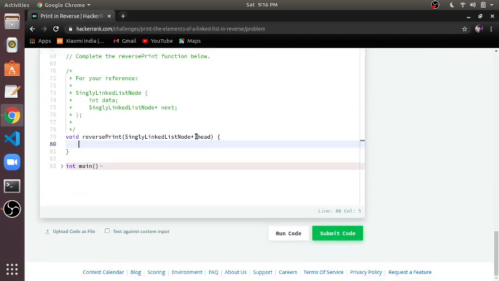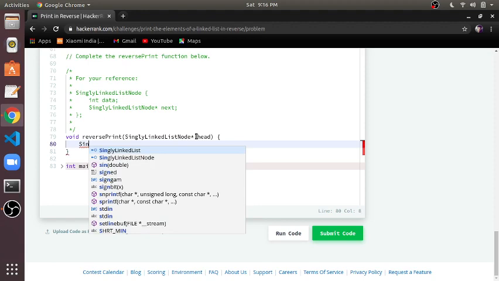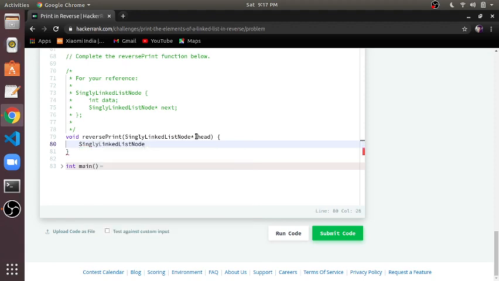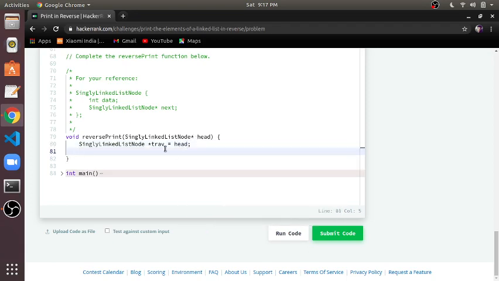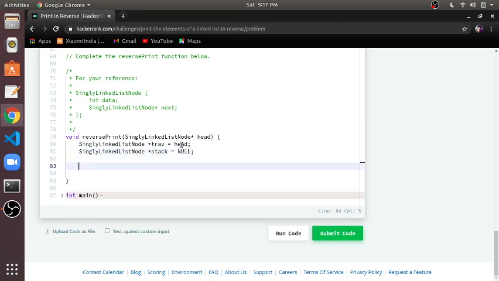So here is the head of the original linked list. To traverse this linked list I have taken a trav variable. Trav will initially contain the value head, and to create a stack I've taken a stack variable. Initially the stack will contain the value null. To traverse the original linked list I've used a while loop. So while trav not equal to null,